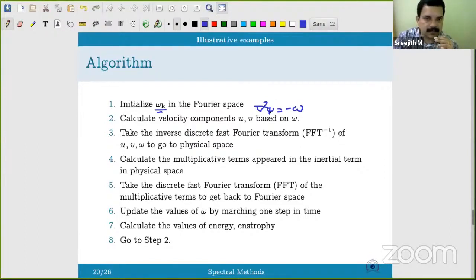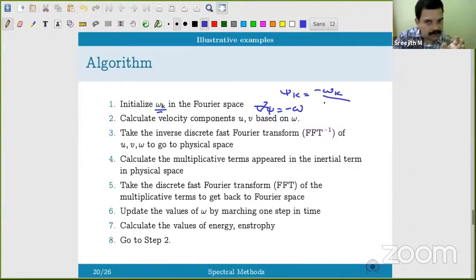That is the Poisson equation for vorticity. This you can directly calculate in the spectral space, because del square will be equal to 1 by k square. So psi k, that is the Fourier transform of the stream function, is equal to minus omega k by